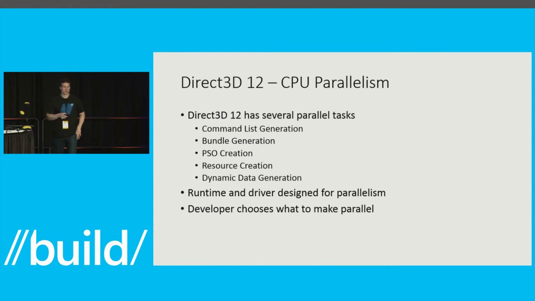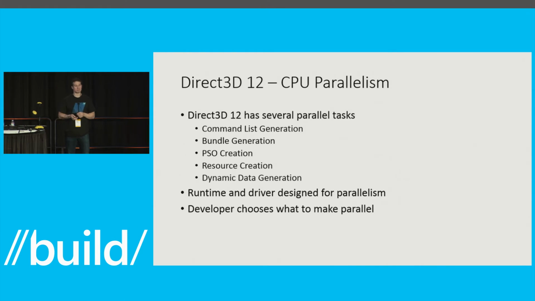So summarizing CPU parallelism, D3D12 has vastly increased the different parallel domains available to your application. You can do parallel command list generation. You can do parallel bundle generation, parallel PSO creation. We've extended the existing 11 model for doing parallel resource creation as well. And finally, with persistently mapped buffers, you can do parallel dynamic data generation on multiple CPU threads simultaneously without synchronizing